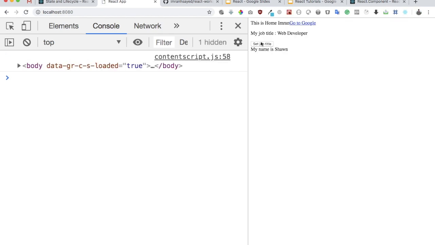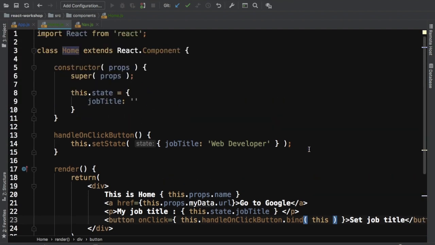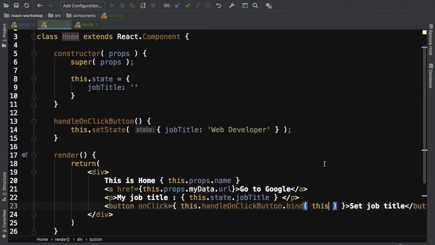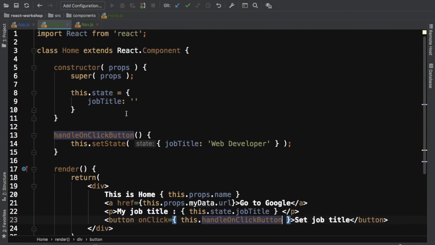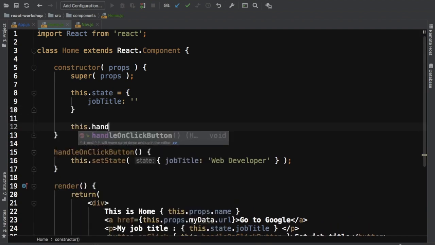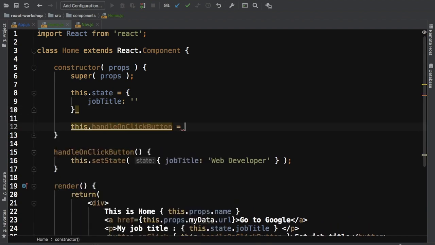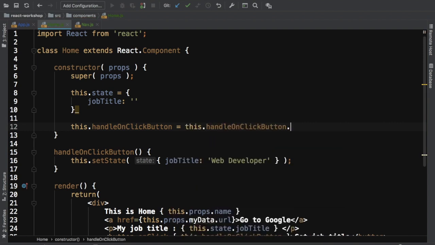and click on this, you can see now it's working, right? So now this has been bound to the class this. Okay, so it's referring to the class now. Or what we can do is, instead of doing this here, we can say this dot handle on click button is equal to this dot handle on click button dot bind